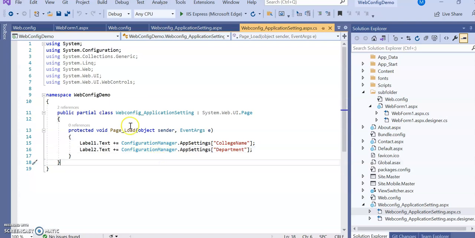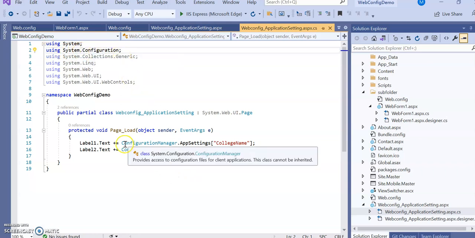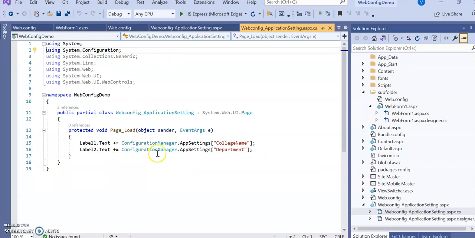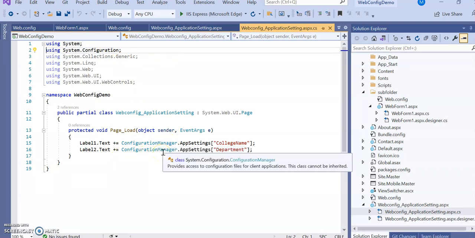Suppose you haven't added one namespace, that is System.Configuration, it will not work. So what you have to do, write here using System.Configuration namespace, then this ConfigurationManager will be activated and you can use this class. Otherwise this class will not be shown when you write the code.